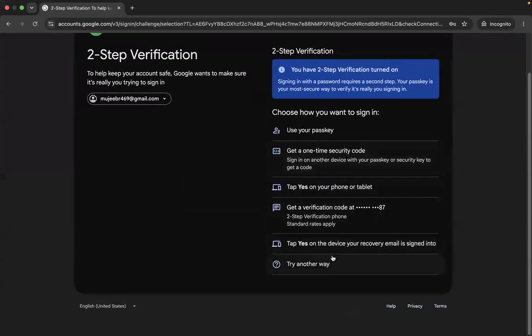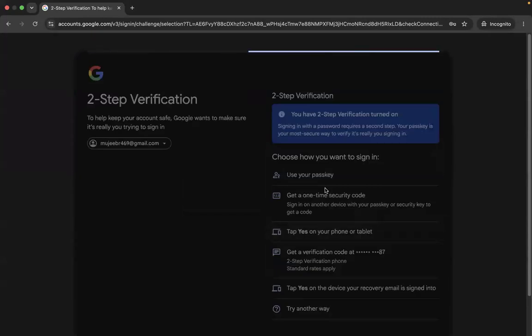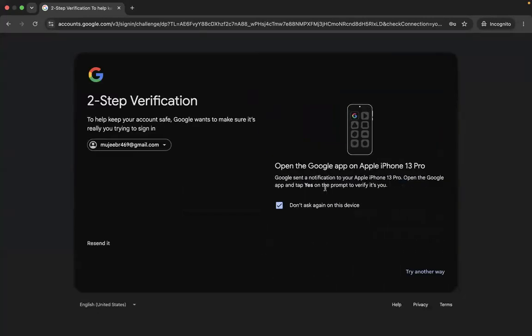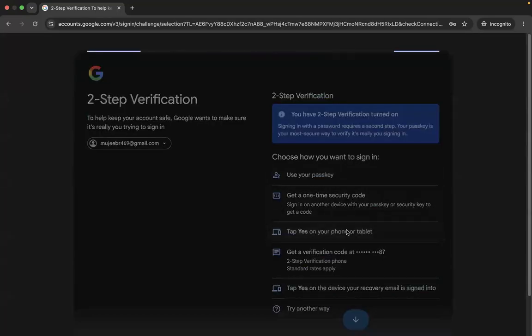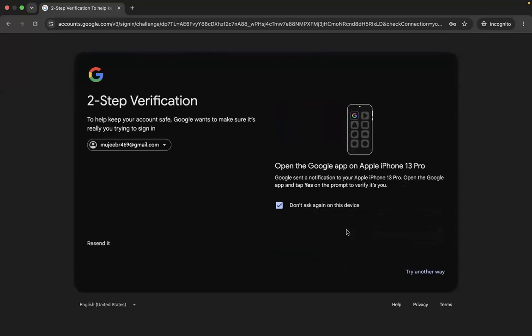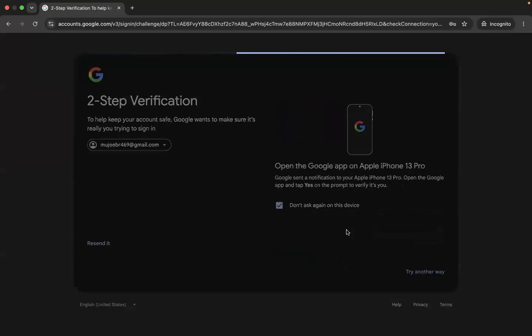Just like you sign in to any other platform, you have to do the same thing over here. Let me try one more time. I will get an option on my phone to confirm that it's me who is trying to log in. Once I confirm that,